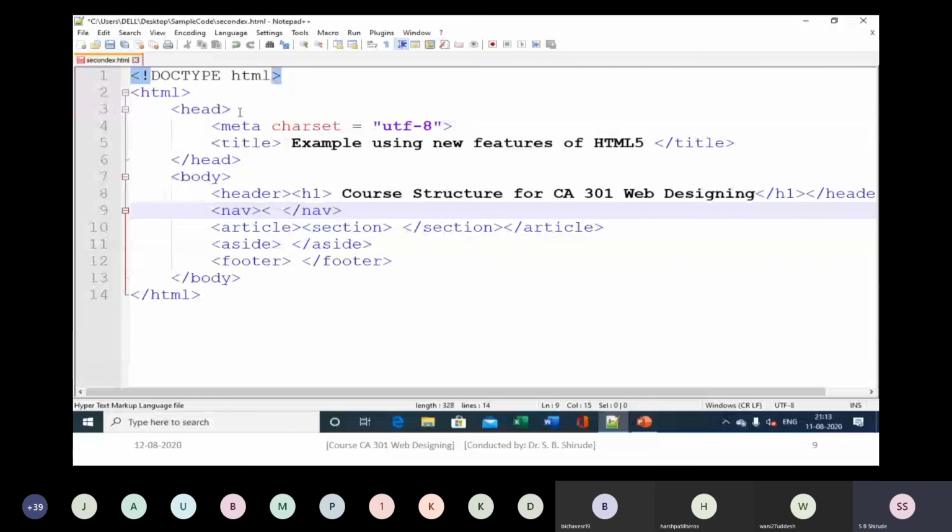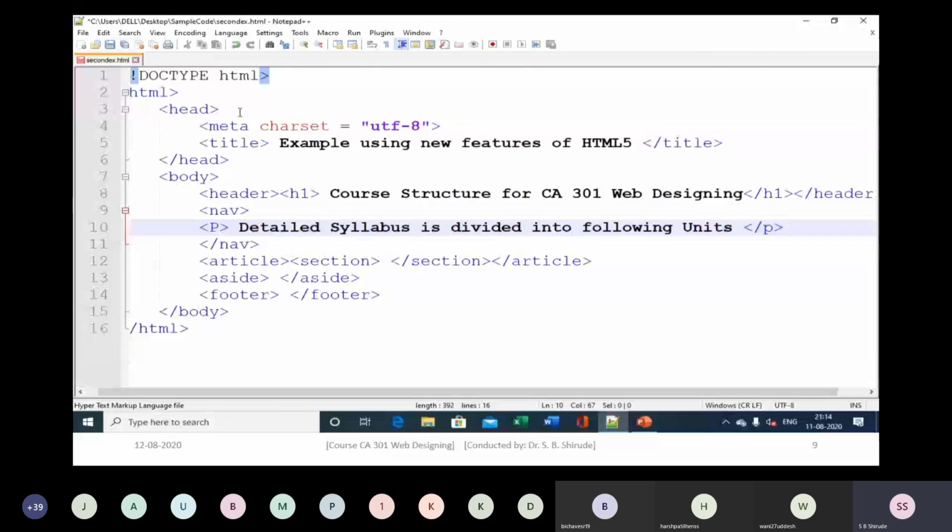Then in nav, just put the navigation bar. For the navigation bar, we'll make use of detailed structure, detailed syllabus. And then here add one unordered list.